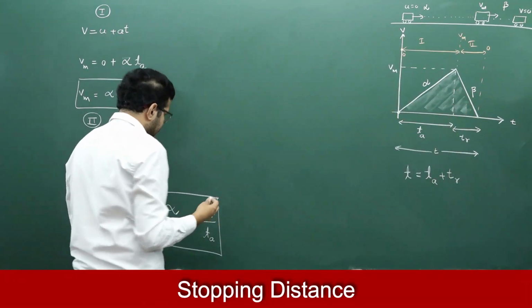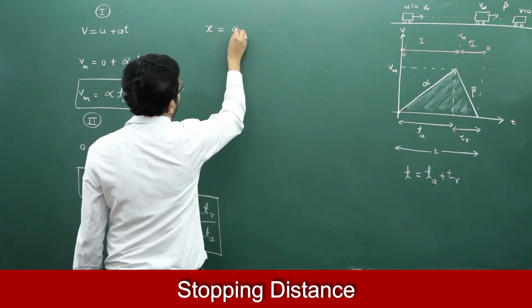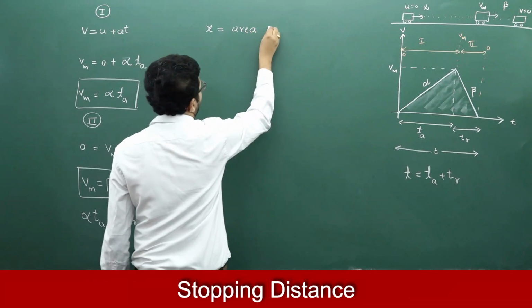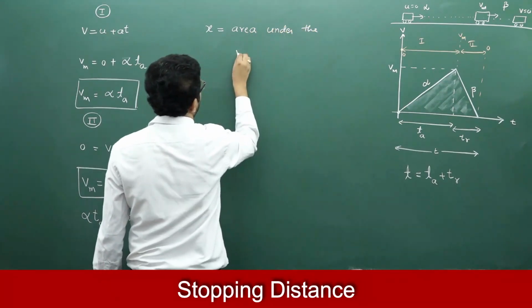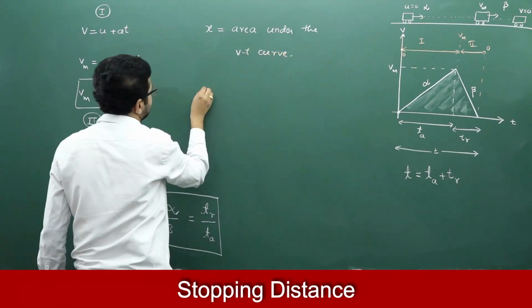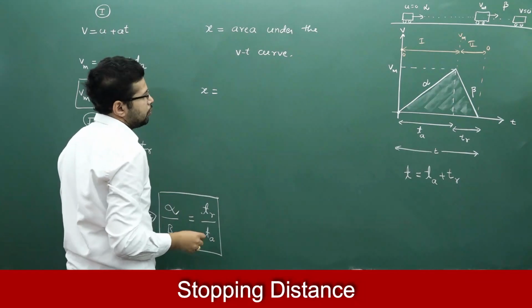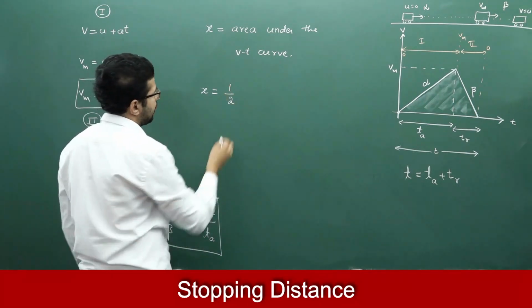If I have to calculate displacement, I should calculate area under Vt graph, area under the curve. Or x is equal to, what is area? Area of triangle, half into base into height,